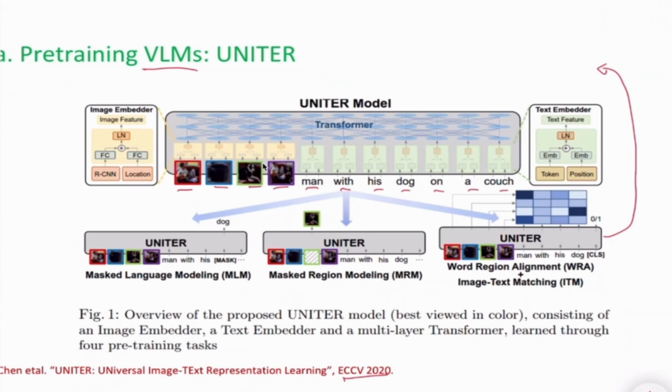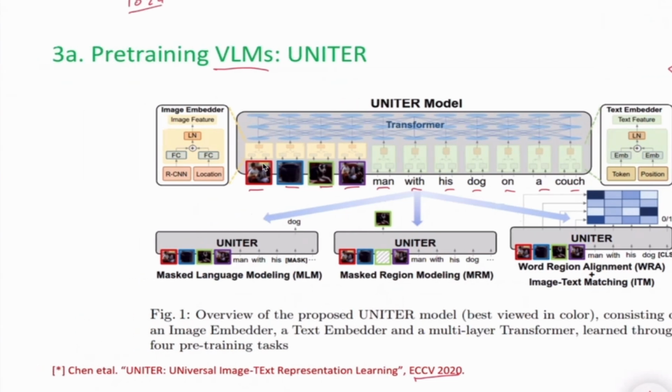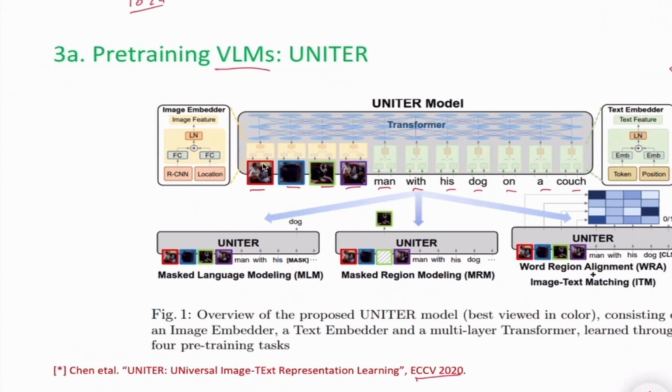So what does an object detector give you? An object detector gives you the representation of the region, the representation of the bounding box, and that representation could be in different dimensions, so it can be 1024 or a more dimensional vector. That's the first thing it gives you. It gives you the label. It actually gives you the probability distribution over the whole set of classes you have. If you are trying to detect 2,000 classes,